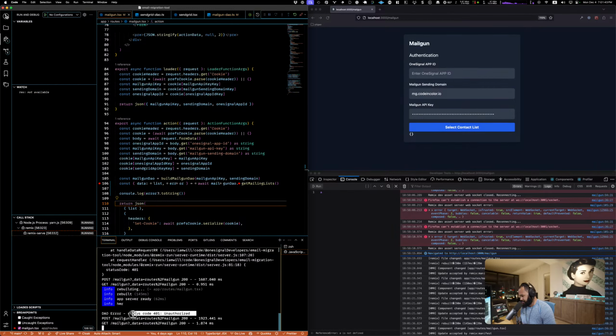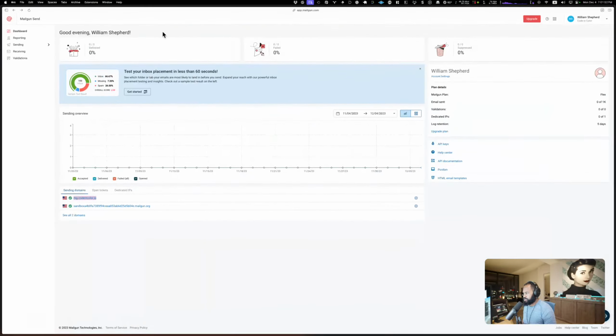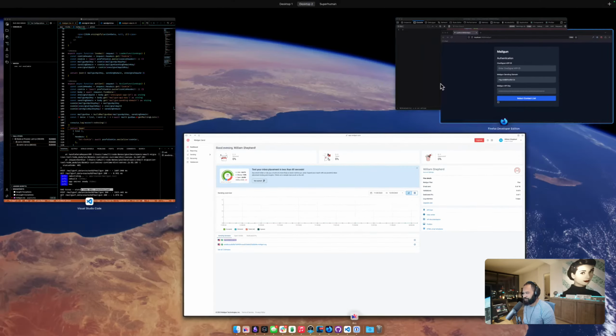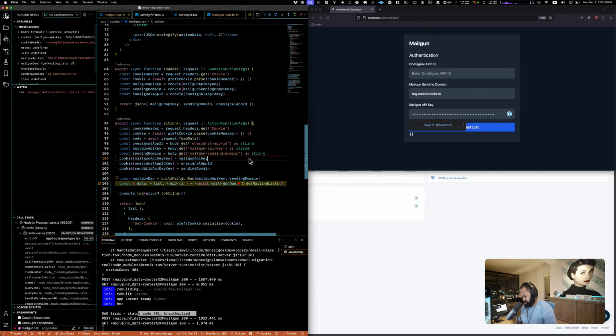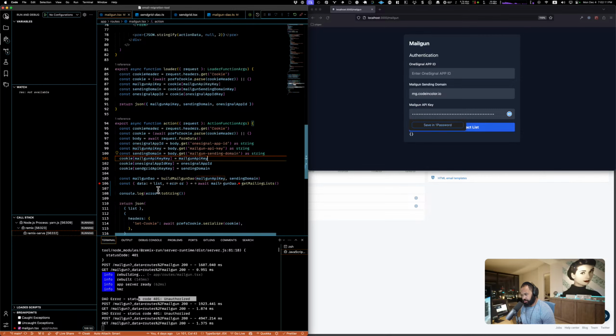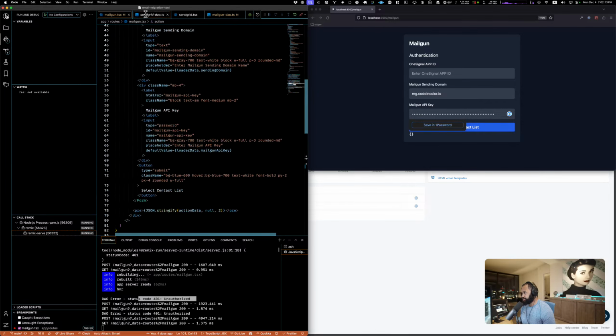Okay, status code 401 unauthorized. This is Mailgun, right? Yeah, this is Mailgun. How come that's not working anymore? Try this again. Still nothing. All right, well,